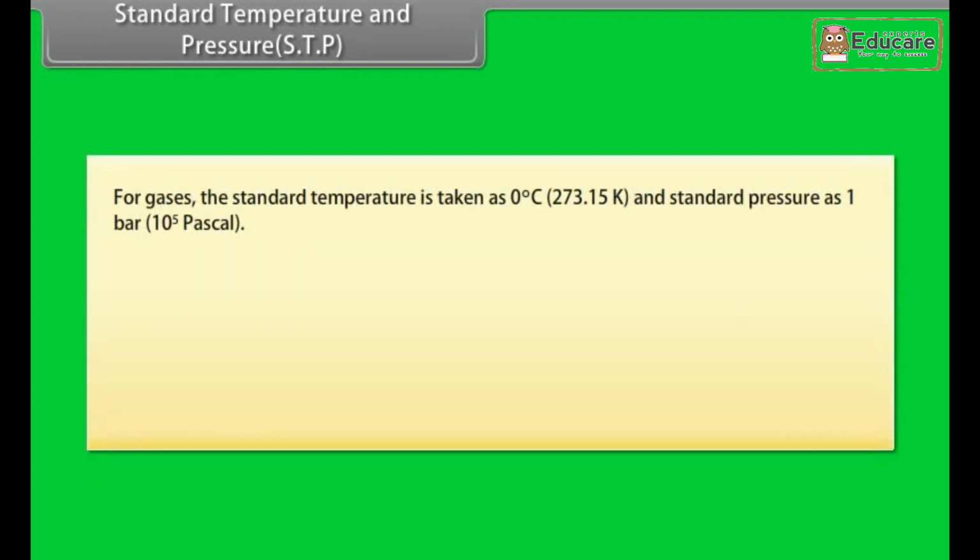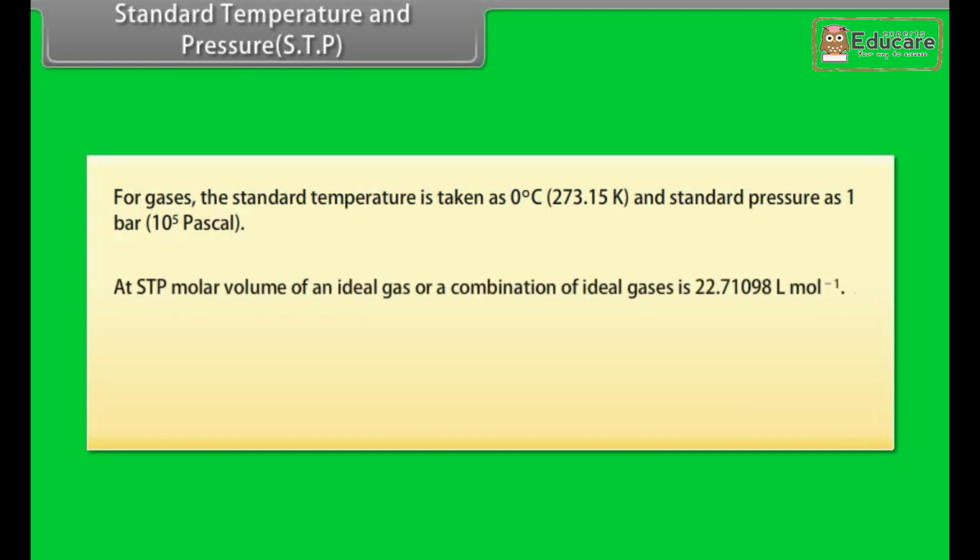Standard temperature and pressure, STP. For gases, the standard temperature is taken as 0 degrees Celsius or 273.15 Kelvin and the standard pressure as 1 bar or 10^5 Pascal. At STP, the molar volume of an ideal gas or a combination of ideal gases is 22.71098 liter per mole. Another unit for pressure measurement is torr. 1 torr is equal to